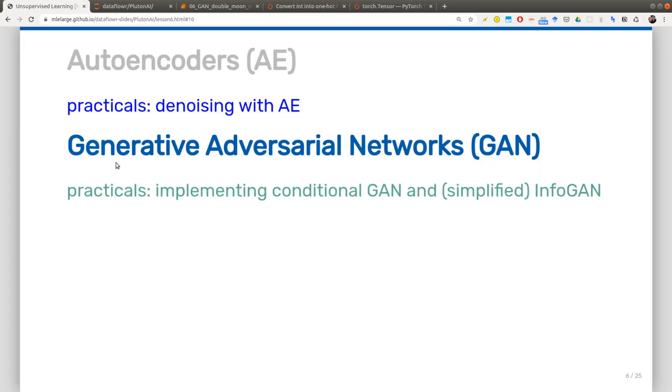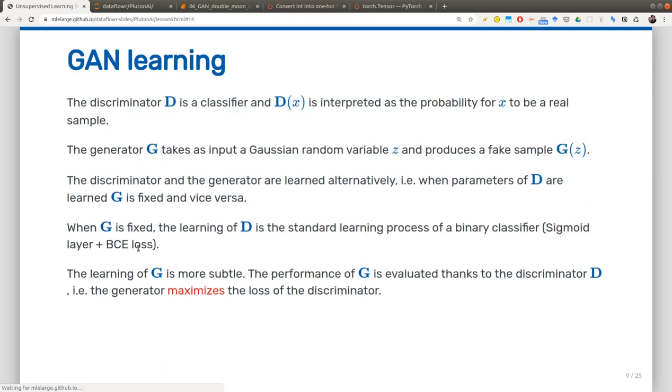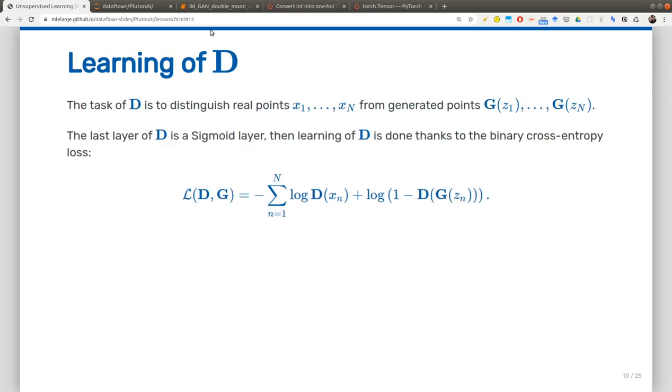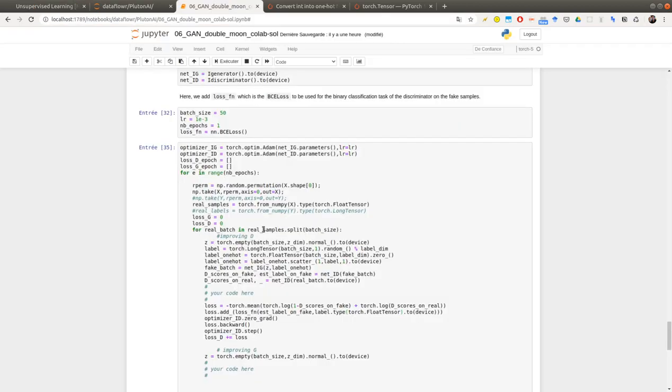So remember that for GANs, I'm in a setting where I'm trying to improve the discriminator.